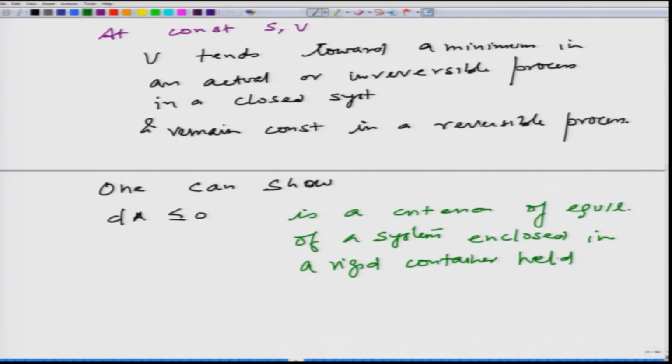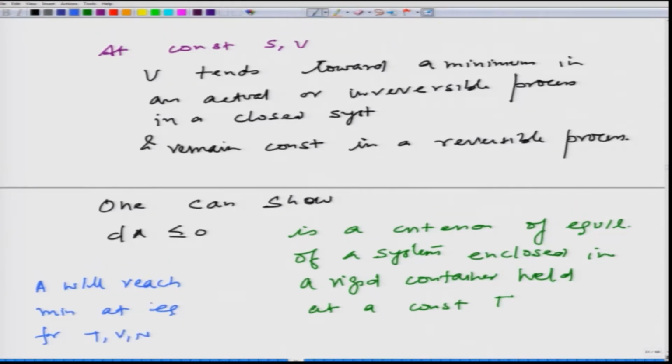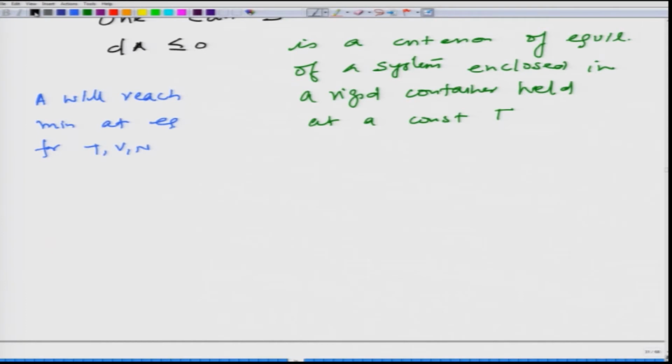held at a constant T. It basically means TVN are the variables which are kept constant. That is, what we are saying is basically A will reach a minimum at equilibrium for a given TVN. Okay. Now, similarly, you can show also that G, the Gibbs free energy, will reach a minimum for a given TPN. Okay. So, similarly,